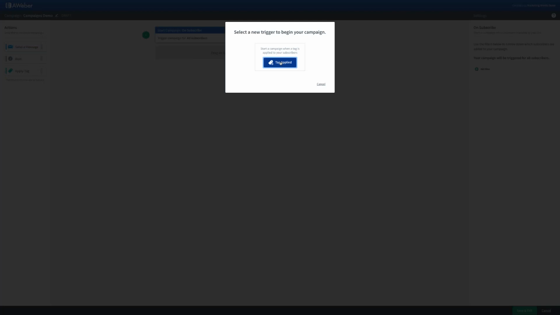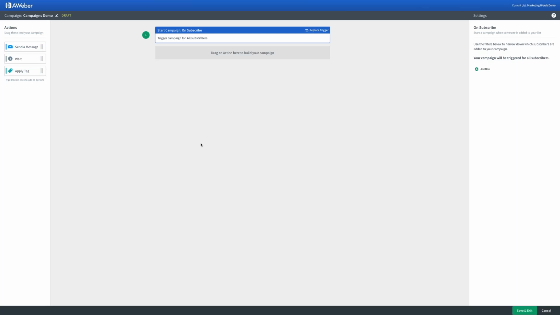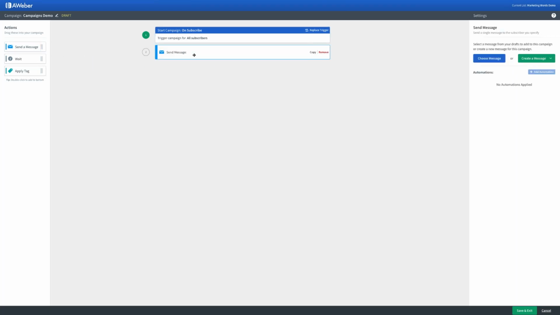You can also create campaigns based on when a tag is applied. Okay, so when someone is tagged with something, you can put them into a campaign. But for this demonstration, I'm just going to show you how to build it out based on anybody who subscribes to your list. So the first thing you're going to do is you're going to drag in a message.